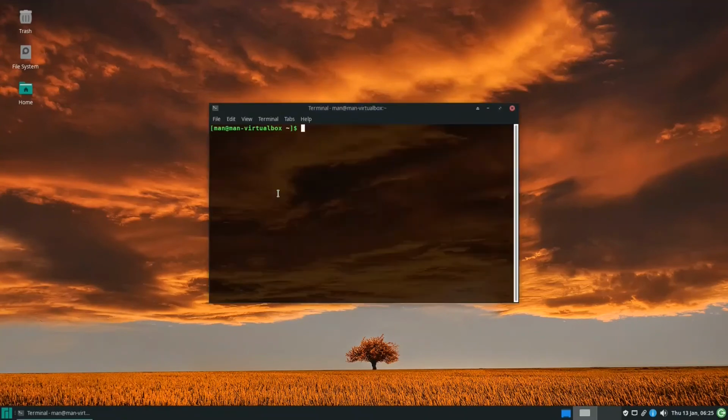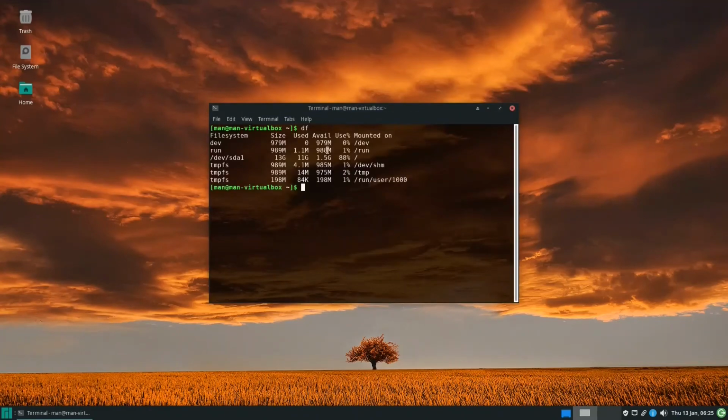And the XFCE panel, let us check how much space it is using. 11 gigabytes is huge for a distribution. I already allocated 13 gigabytes and it is now using around 11 gigabytes by just installing updates, and I also installed